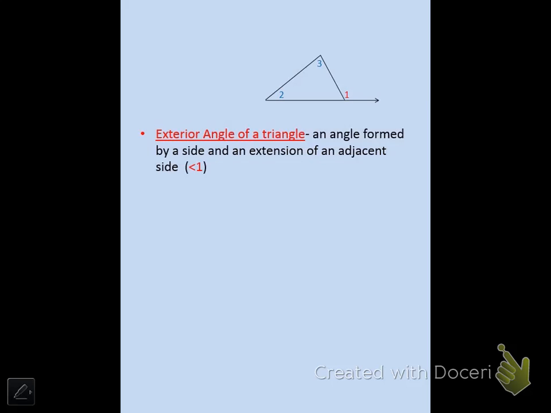Exterior angle of a triangle. So it's going to be that exterior angle sitting on that outside. An angle formed by a side and an extension of an adjacent side. So then this next one here,